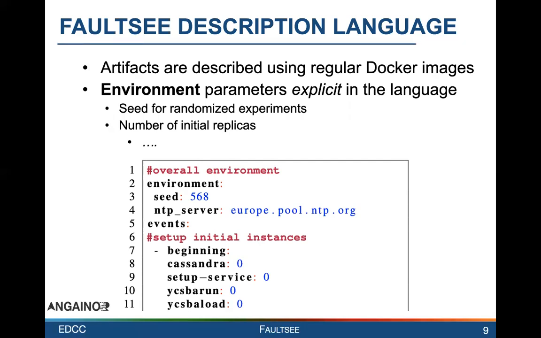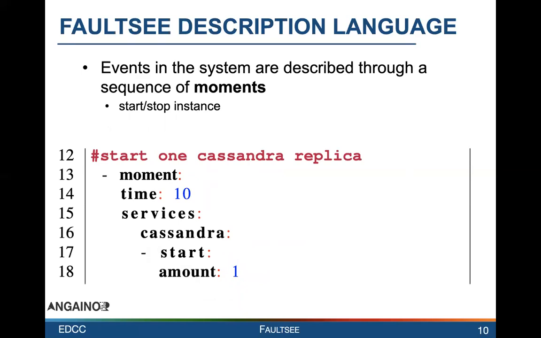To specify the environment, we have a domain-specific language where we allow detailing things such as the seed used for randomized experiments, the number of replicas, the life cycle of replicas, and so on and so forth. Then we have the notion of events in the system, and these events describe moments where the state of the system changes. If we look at this example, we are saying in line 14 that at time 10 seconds, I am going to start a service called Cassandra, and I am going to start one replica